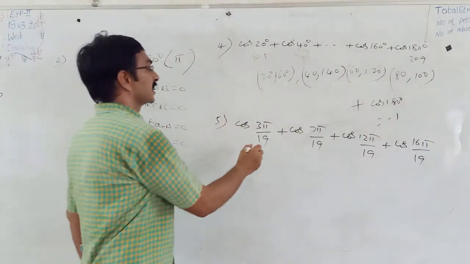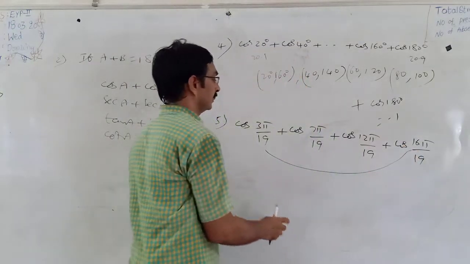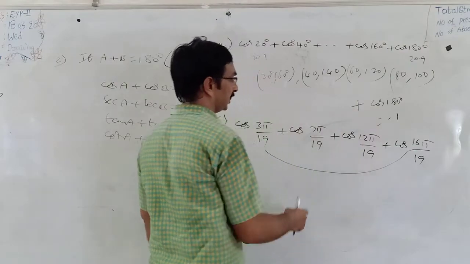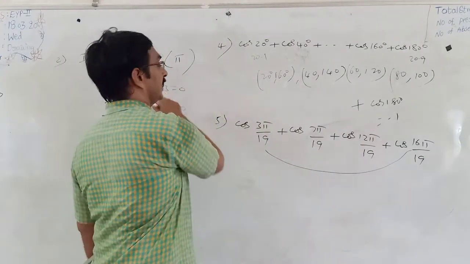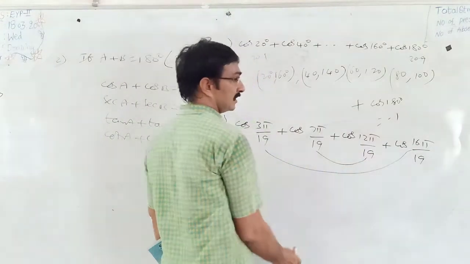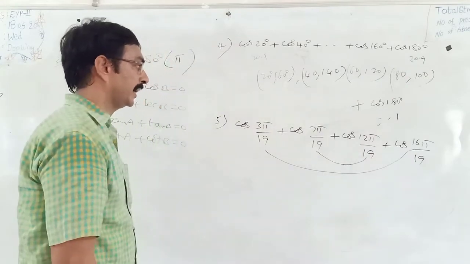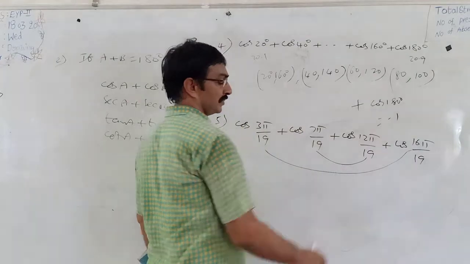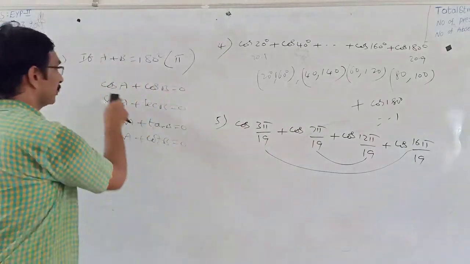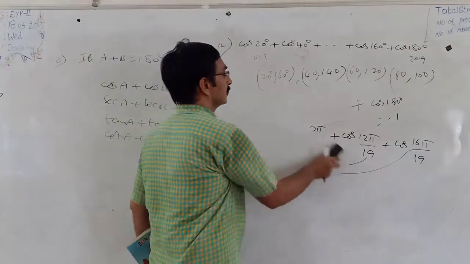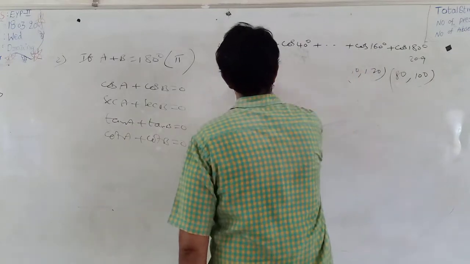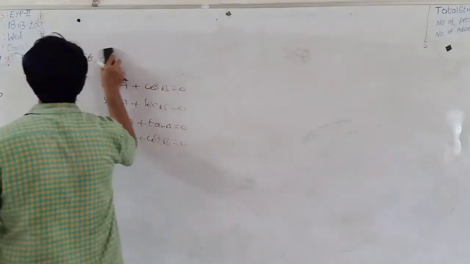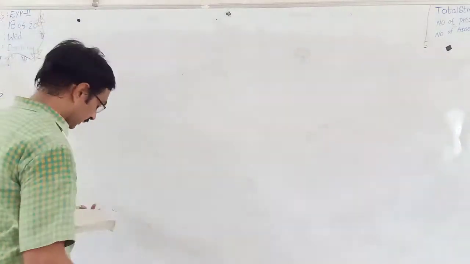So clearly the sum of these two angles is pi. See, the LCM is 19: 3 pi plus 16 pi is 19 pi, the 19 cancels, pi means 180 degrees. The sum of these two angles is also 180 degrees, pi radians. So clearly the sum of these two values is 0, and the sum of these two values is 0, from this property. So the final answer is 0. Thus they can create problems based on this second standard result.